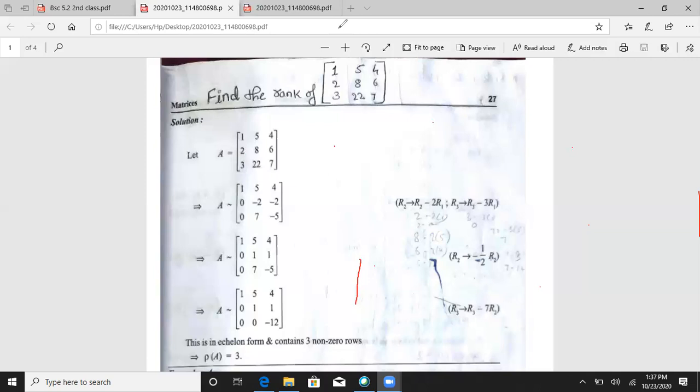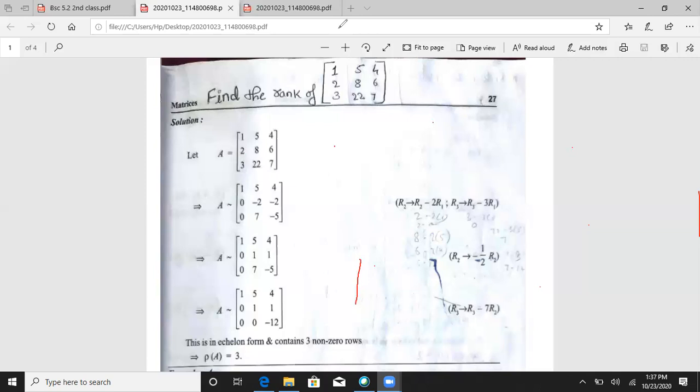Next the third one, that is 12. That is 12 minus 3 into R1, R1 means the 4. That is 12 minus 12, that is 0. Next comes the fourth one, that is 3. R3 is 3 minus 3 into R1, R1 means the 1. That's why 3 minus 3 is also equal to 0. That means the third row is totally 0.